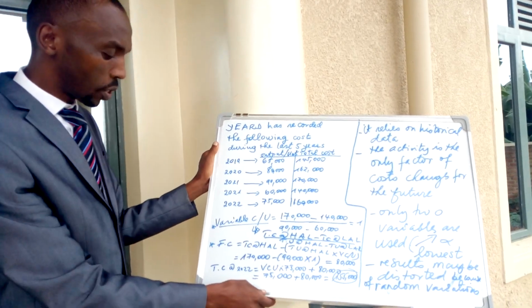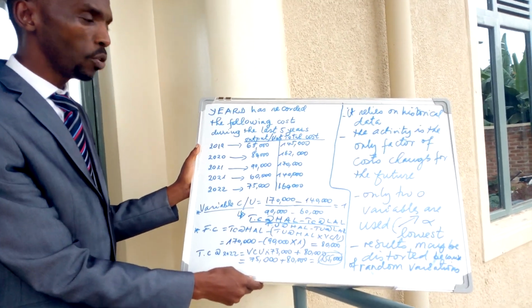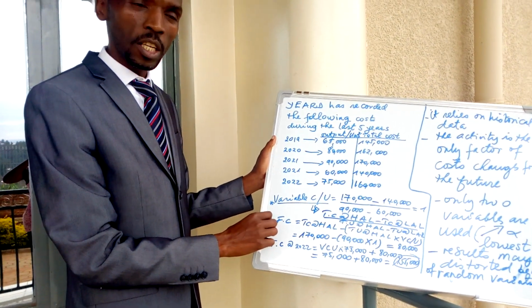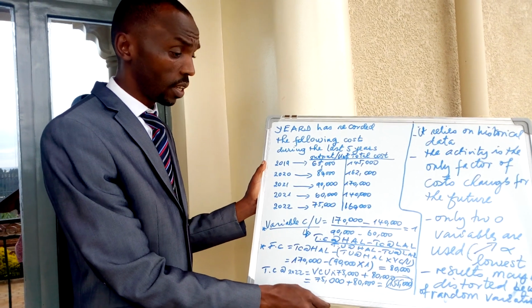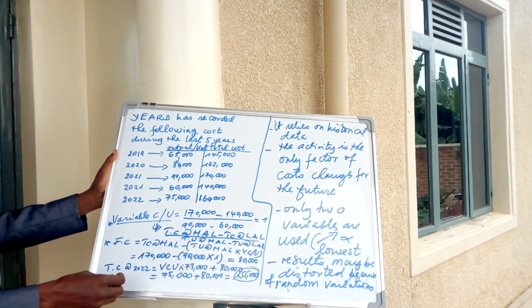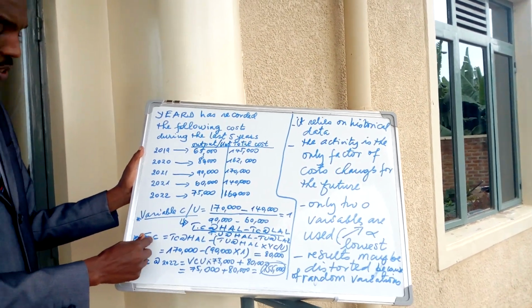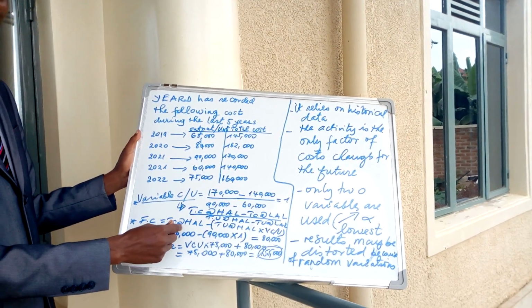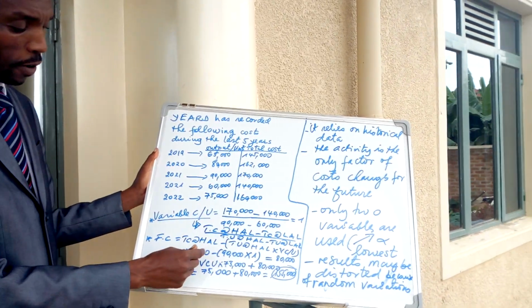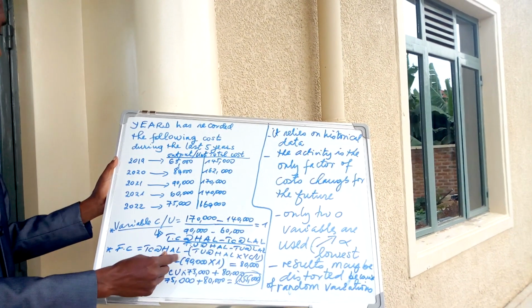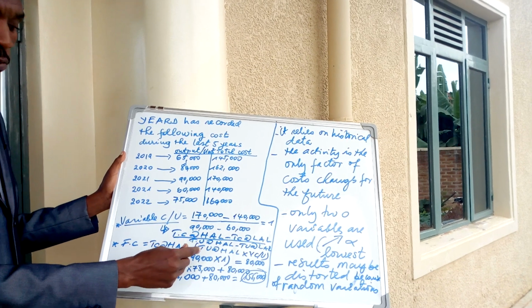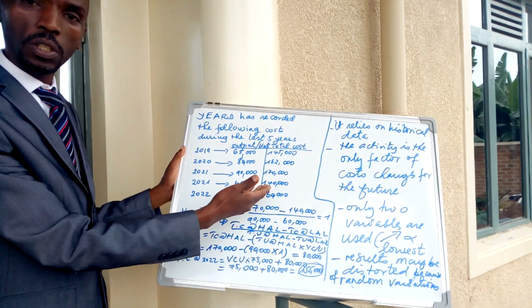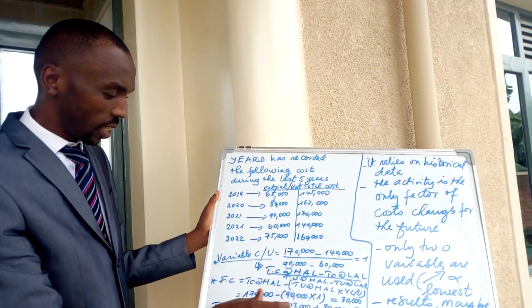either to produce or to sell. Then after the variable cost per unit is determined, you need to calculate the fixed costs. As you are aware, the fixed costs do not change, but they also need to be calculated. The fixed cost equals the total cost at a high activity level minus the total units at a high activity level times the variable cost per unit. Remember, this variable cost per unit was calculated before, as I demonstrated.